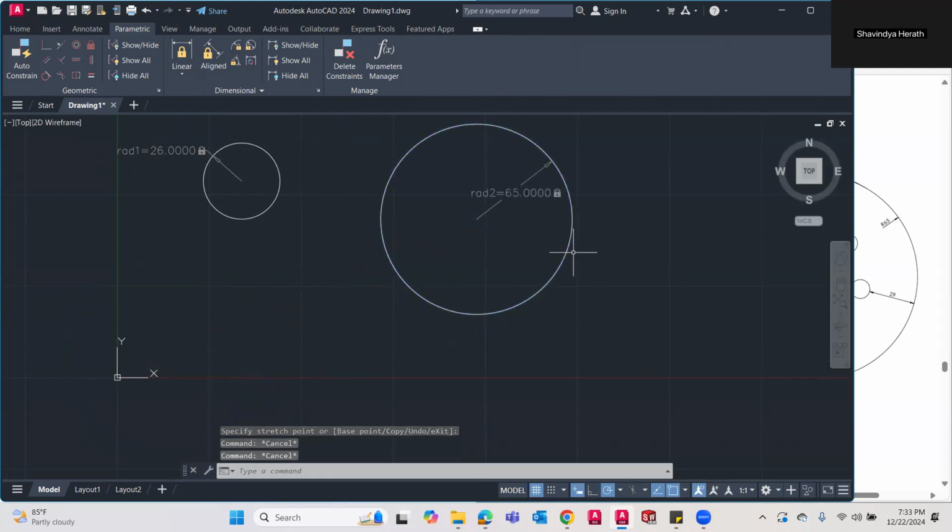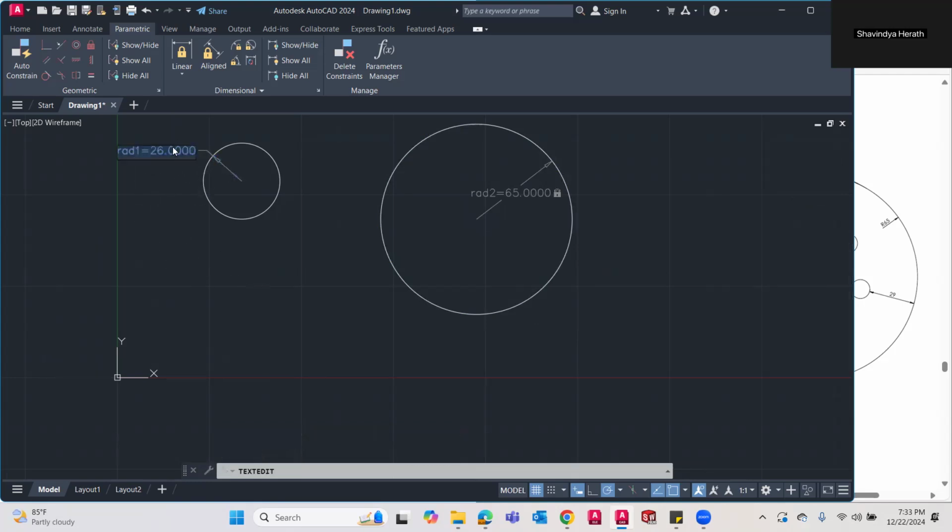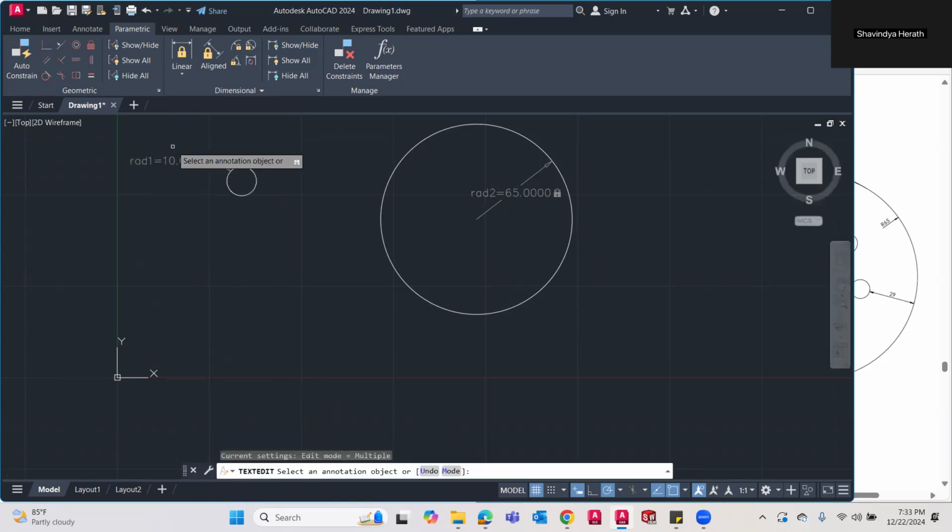Can I change this again? Yes, just double click on that. Let's say I need it as 10. Just type 10 and press enter. The size has been changed. I need this as 26.6. Now it is okay.